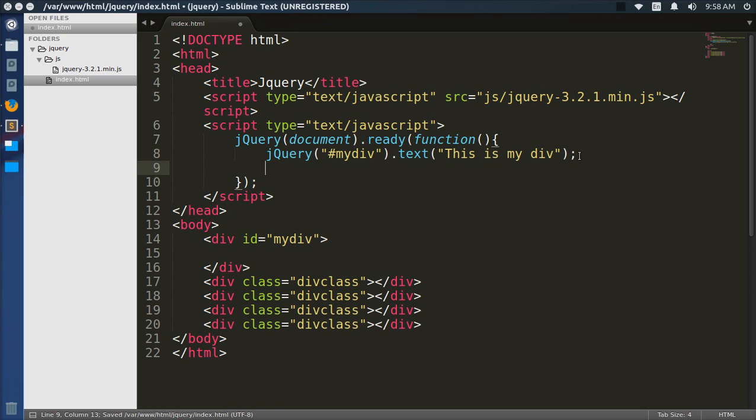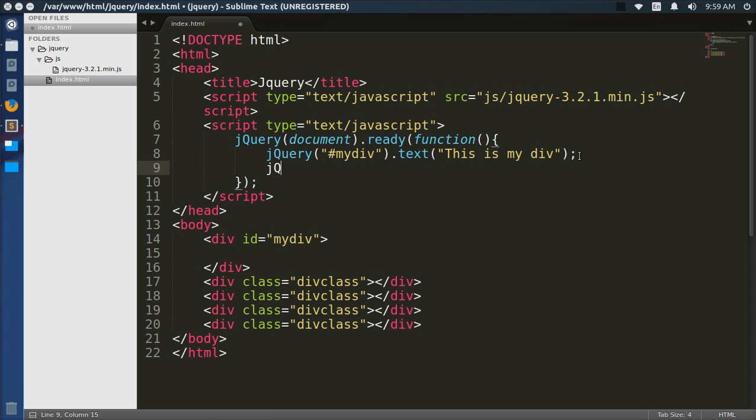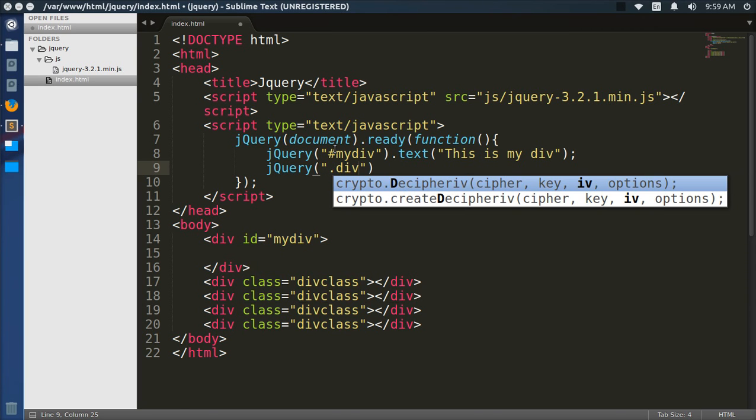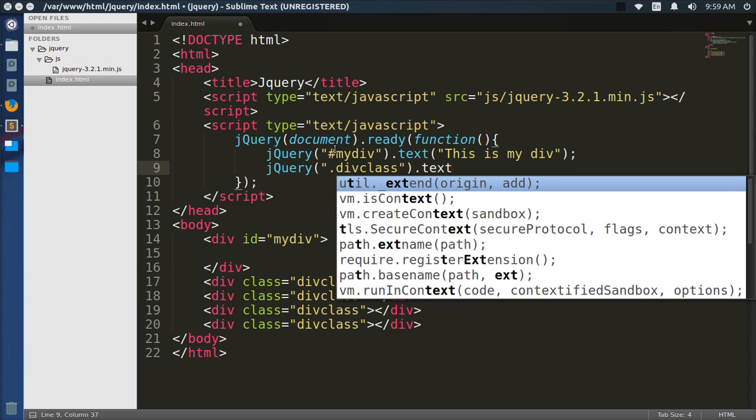We can simply use, remember the Q here is capital, jQuery. Since this is a class, and in CSS to access a class we use dot, we'll use the same here: dot div class dot text. Text is the